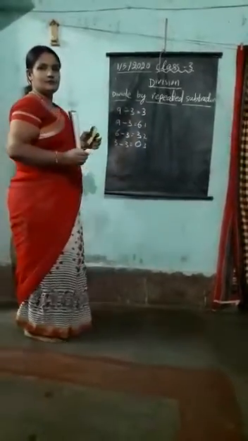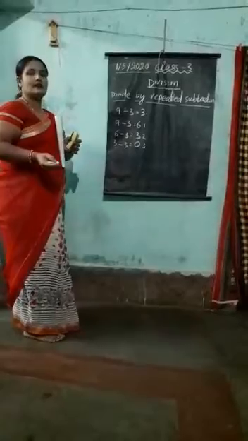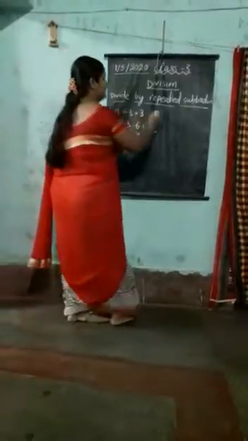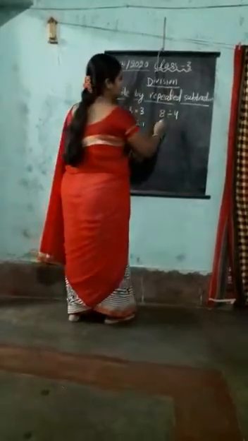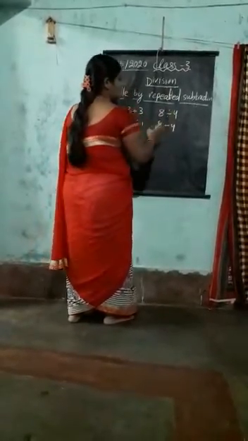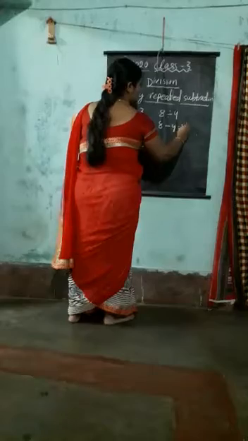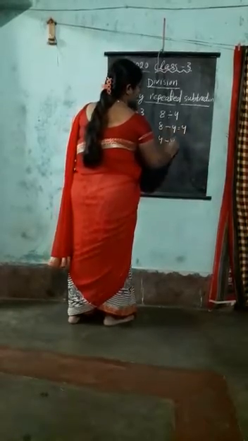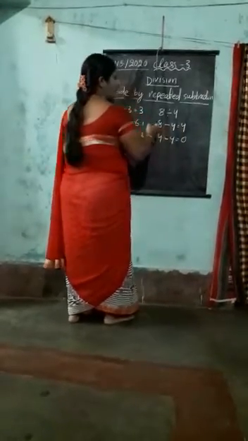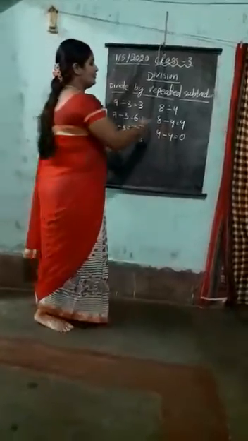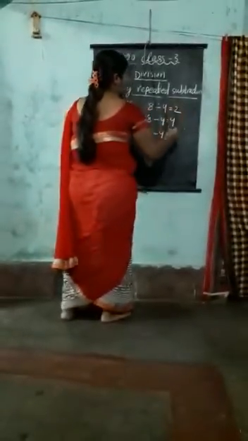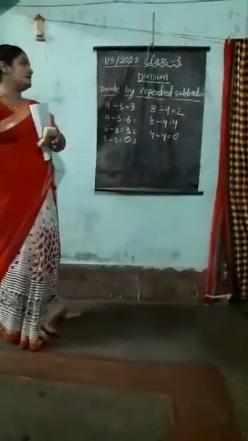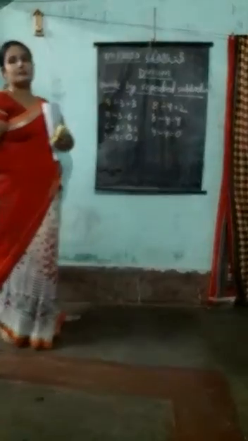All of you know the tables, the multiplication table. 3 3s are 9. Another example I am giving here: 8 divided by 4. So we have to subtract 8 minus 4. So 8 minus 4 is 4, and 4 minus 4 is equal to 0. So how many times have we subtracted? We have subtracted 2 times to get 0. That's why 8 divided by 4 is equal to 2. I hope, students, you understood what division by repeated subtraction is.